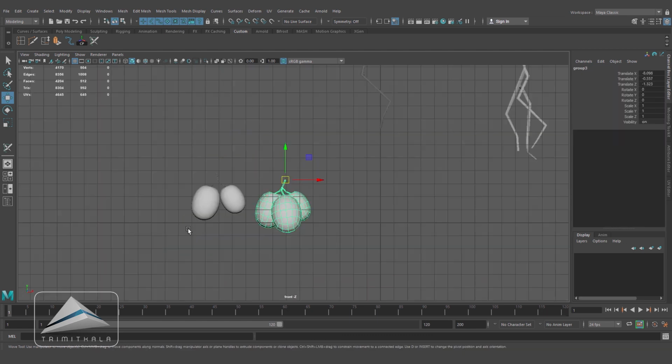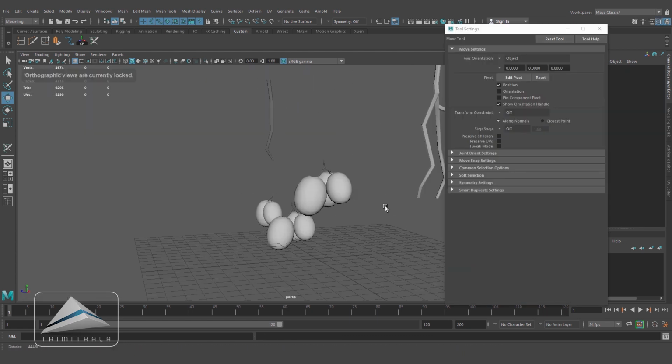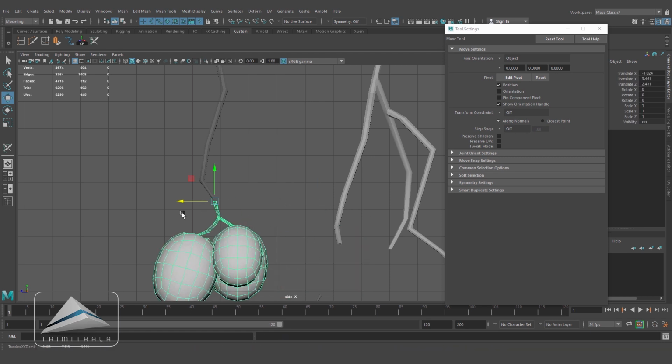Now I will select the group, I'll duplicate it and I'll arrange it around this particular stem.